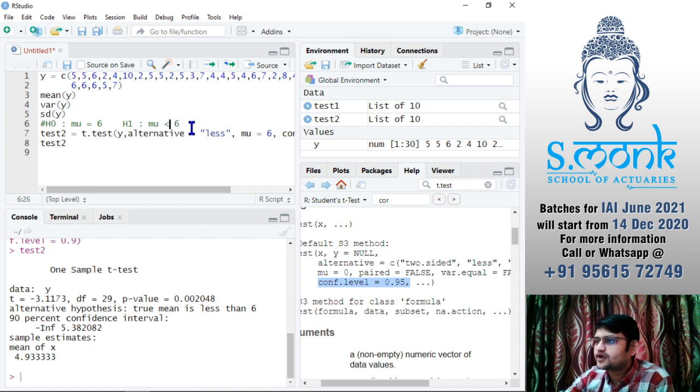If you want to check for greater than, all you have to do is write here greater, select and run.